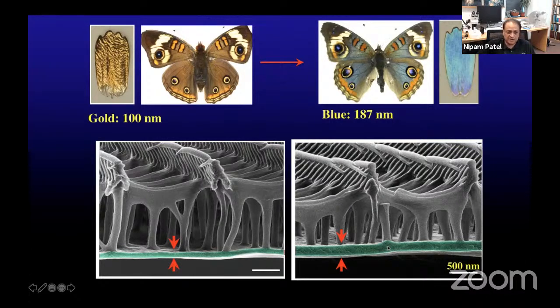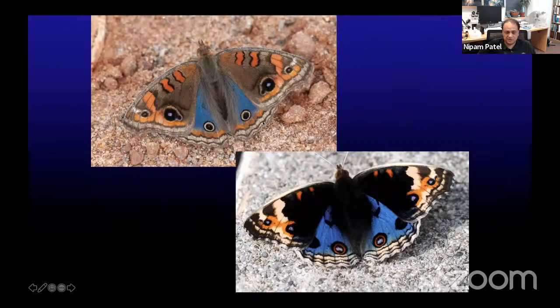So is that what actually goes on in normal species of these butterflies? And the answer is yes. So if you look at the scales in these other species that have nice structural blue or green, they in fact are doing it by having that lamina be the right thickness to do that. So what happens in evolution was actually recapitulated by that selection scheme that Edith had done in the Buckeye butterflies.